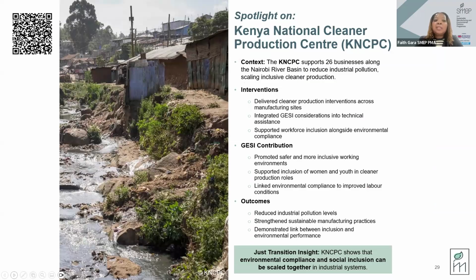The Kenya National Cleaner Production Centre is also a good example on inclusion and JC. Their work was deliberately combined with JC-responsive business development, helping enterprises redesign roles, training, and engagement so women, youth, and marginalized groups could participate meaningfully in the resource-efficient cleaner production that they were promoting. These examples demonstrate that environmental protection and social inclusion go hand in hand in building resilient communities, workers, and businesses.